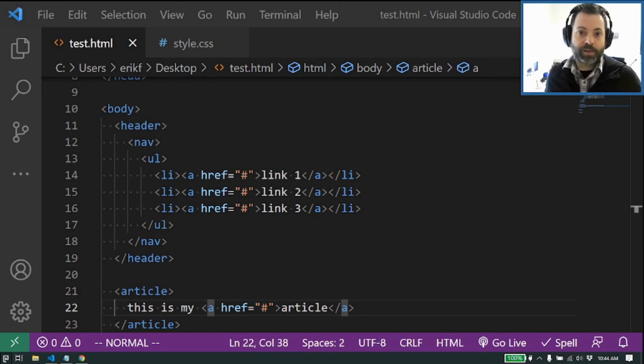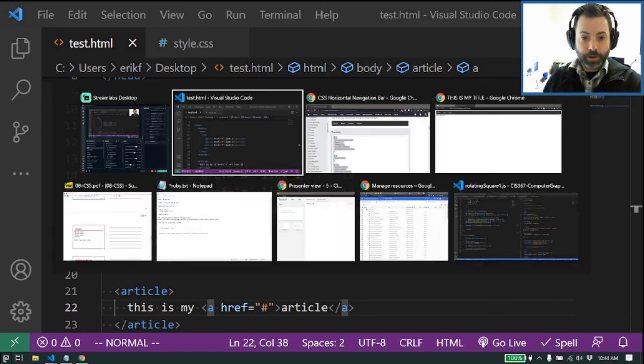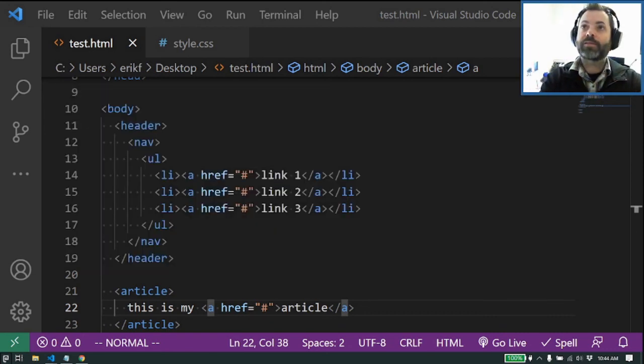Do you want a top nav bar? Do you want your nav bar to be on the right? Are you going to have a nice footer? Is there going to be a background image? Is there going to be some kind of a crazy animation happening in the background? Just to give you an example of that,